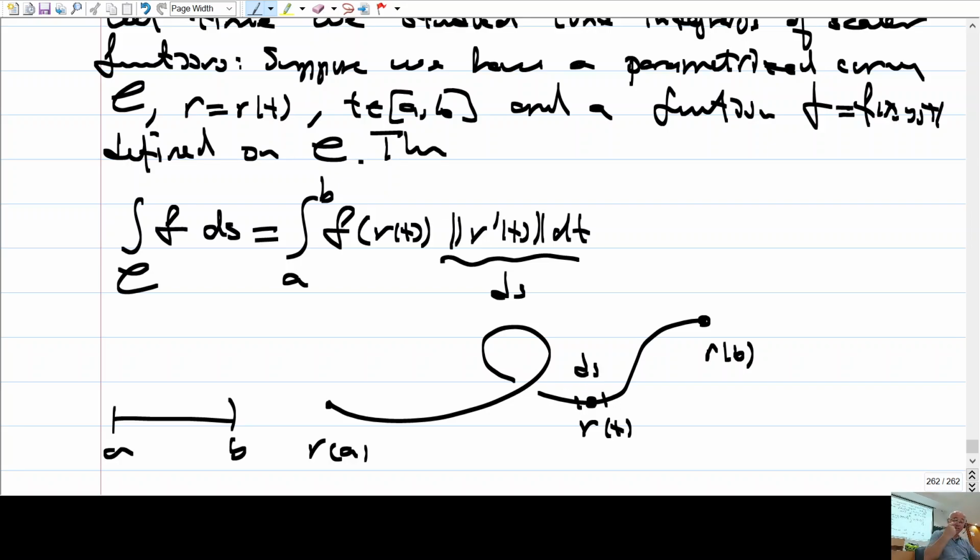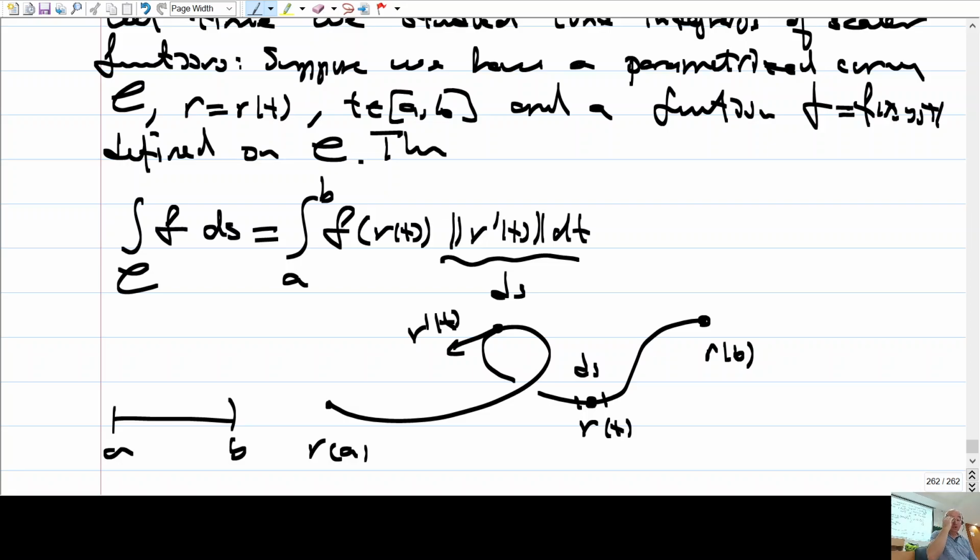It is the norm of the velocity vector, right? Velocity vector is this r prime t. ds is just the norm of that times dt, and then you just multiply this gadget by the value of f at this point, and you sum